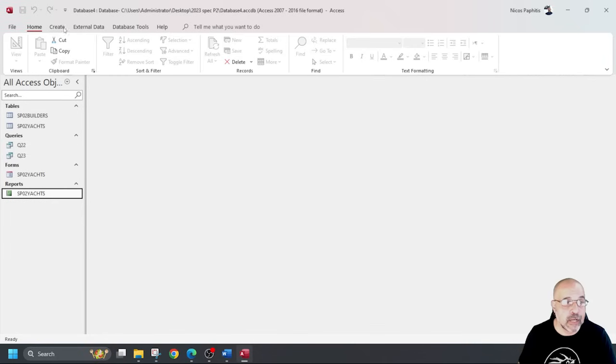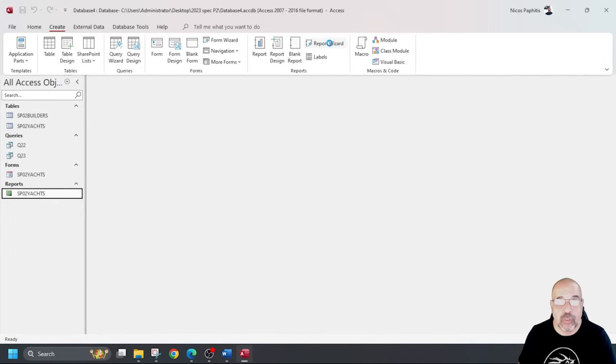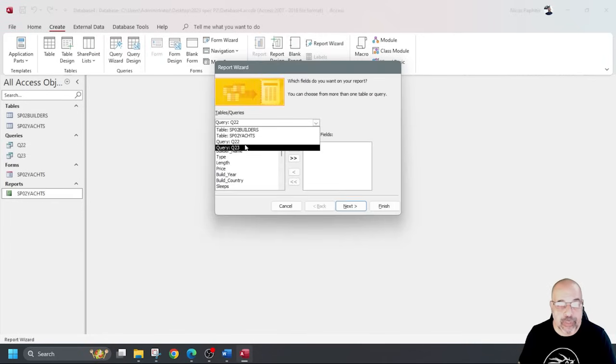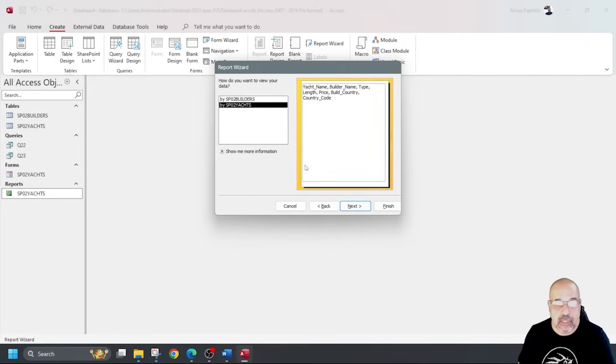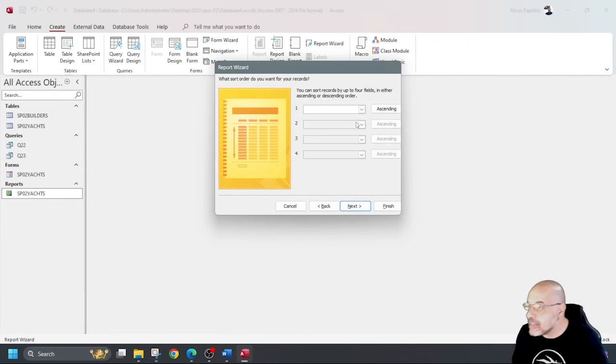I'm going to create now report, create report wizard. Make sure I choose the correct query, and that's why I name my queries correctly. Add everything, next. I don't want any grouping, it said, so I need to choose the one that doesn't group. I'm not going to add grouping. And it says here,